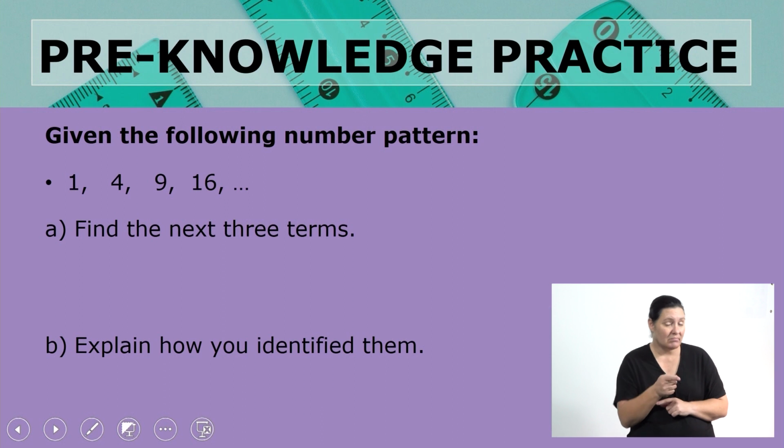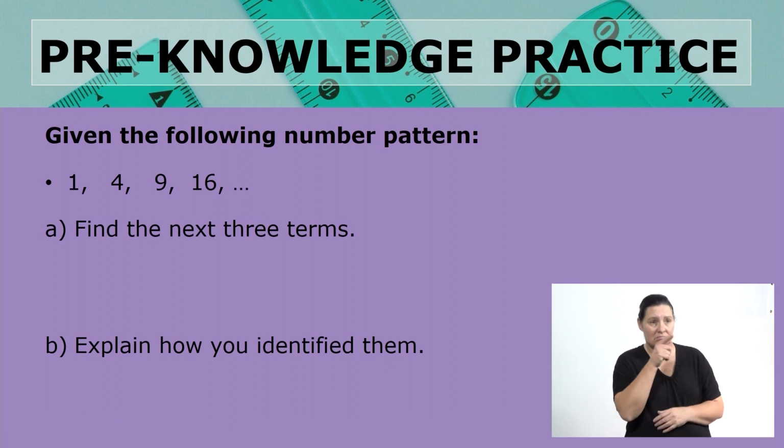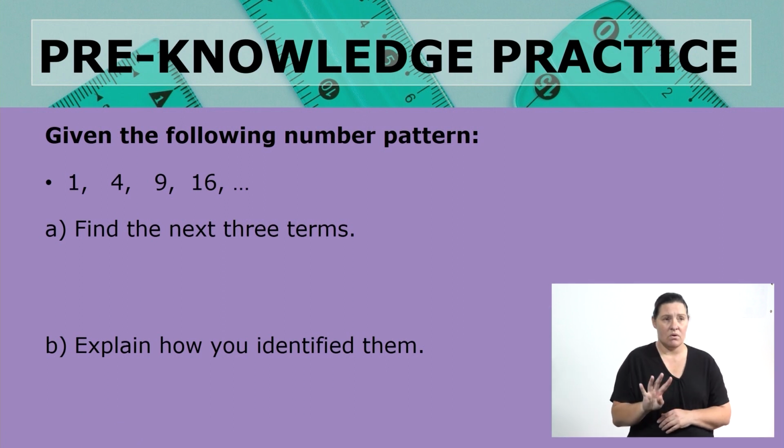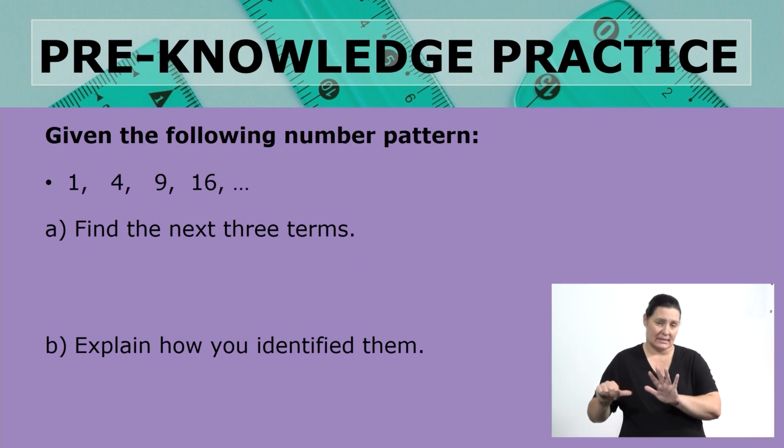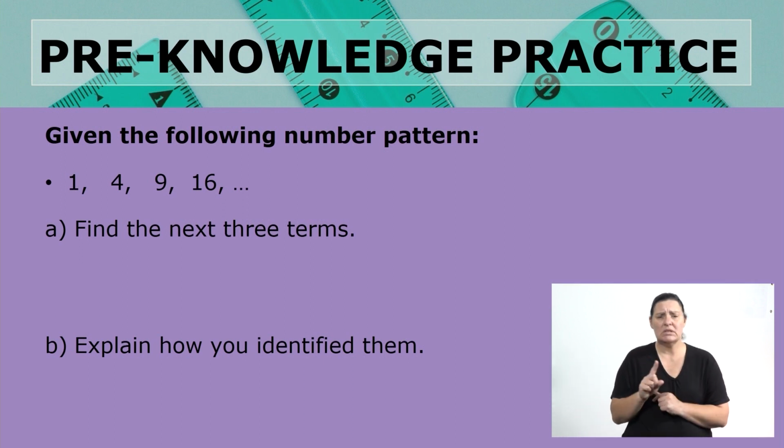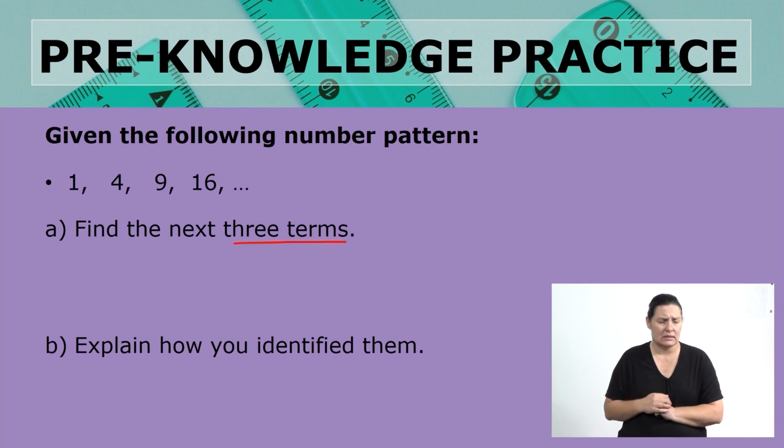So the following one, we've been given a pattern there, and that pattern is 1, 4, 9, and 16. The first thing we are supposed to do there is to find the next 3 terms. So what are going to be the next 3 terms of this pattern? Before you can find the next 3 terms, you need to investigate what exactly is going on in this